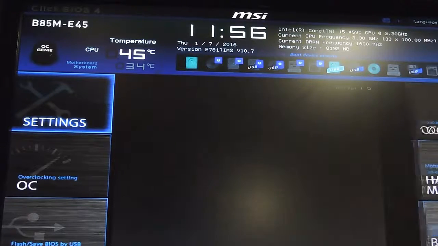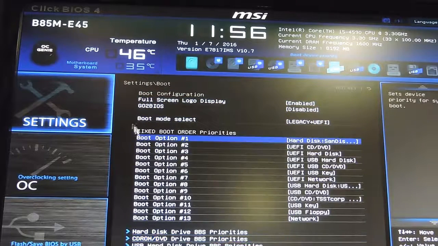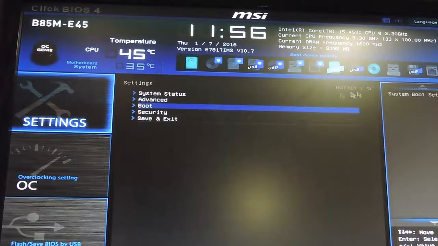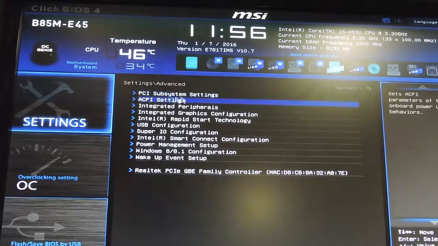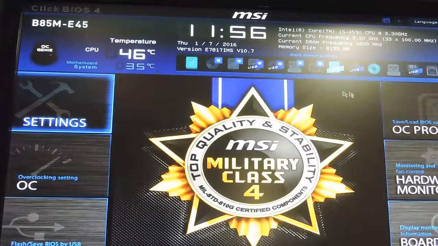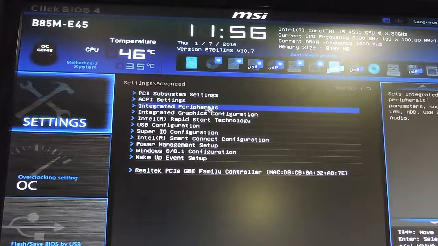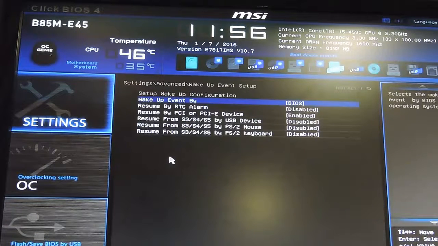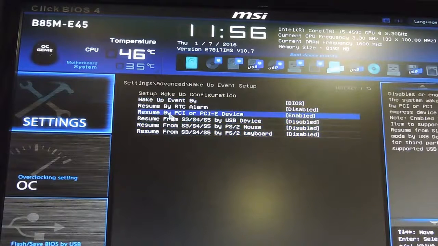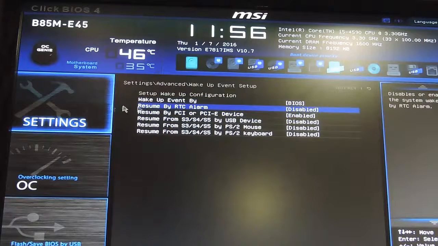So I'm going to go to my settings and then go to boot, I think it is. Okay, that's not it. So I'm going to go back, and it's under advanced, and I believe it's under PCI subsystem settings. No, it isn't. Settings, and I'm pretty sure it's under advanced, wake up event setup, and resume by PCI or PCIe device, and that is set to enabled. So that is the correct setting for my specific board, and once that's done, you can go ahead and close